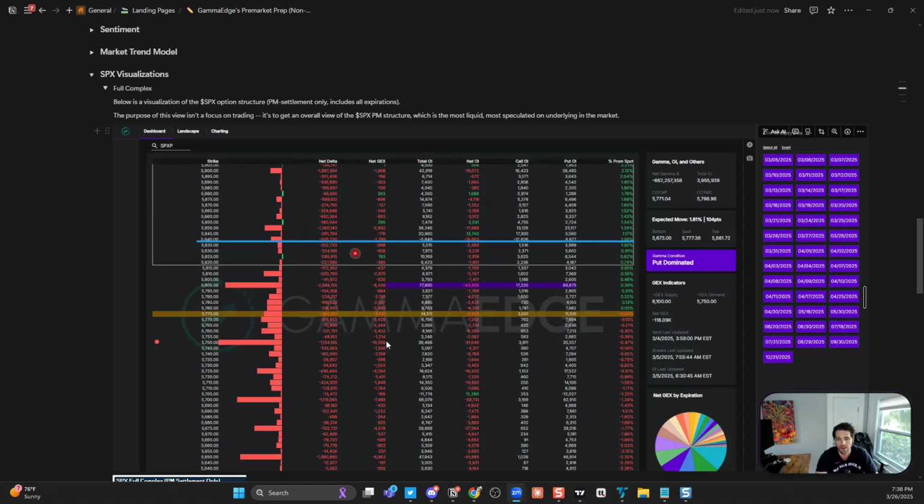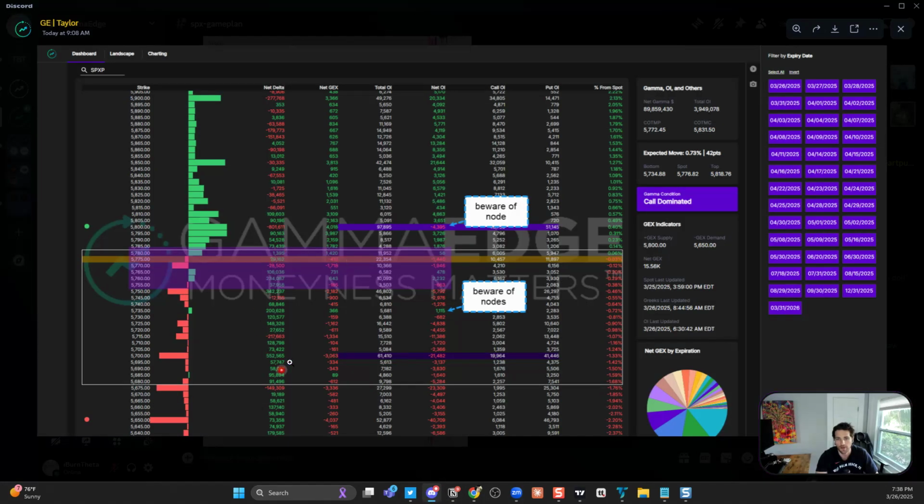This is a completely put-dominated structure, as opposed to here, where we see a lot more green, a lot more call speculation in the complex. So that is one of the values of our dashboard: it's a visualization of the option structure. So it's very clear and visible to see who is in control of the structure. So again, after we understand the structure, we then look to see where those key levels in the structure are,